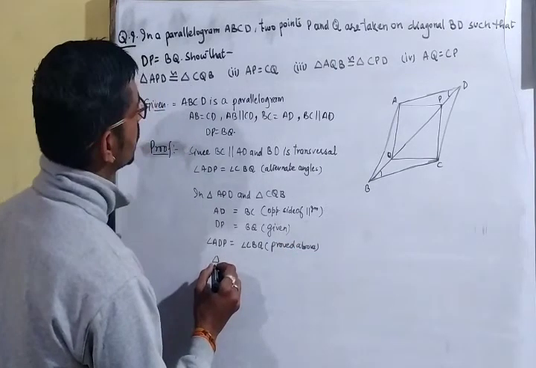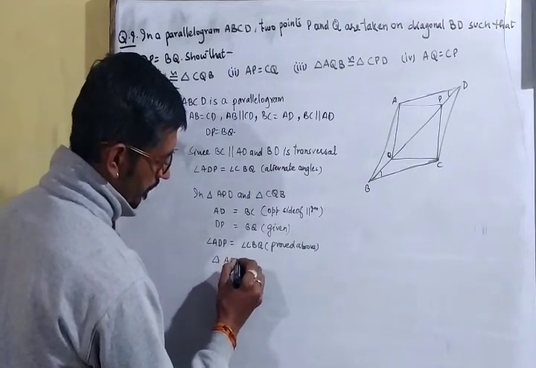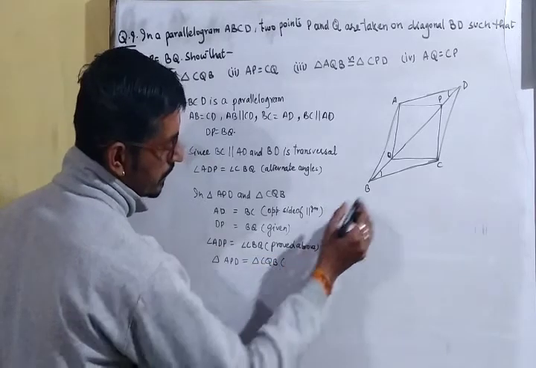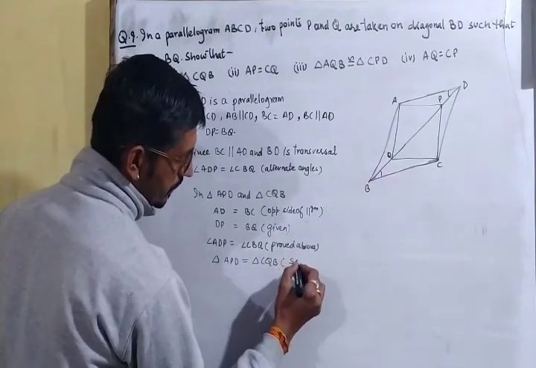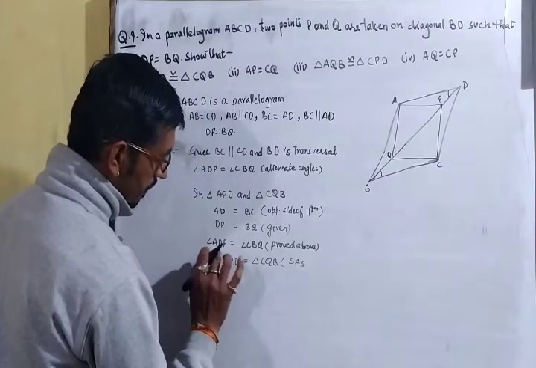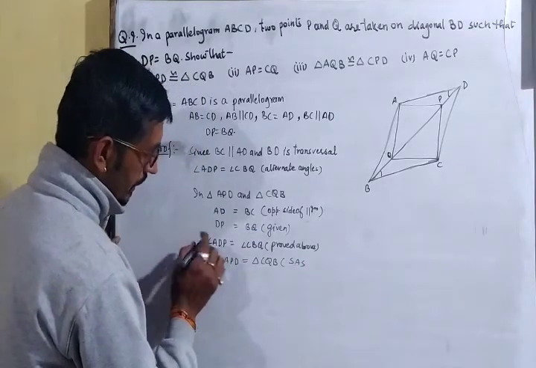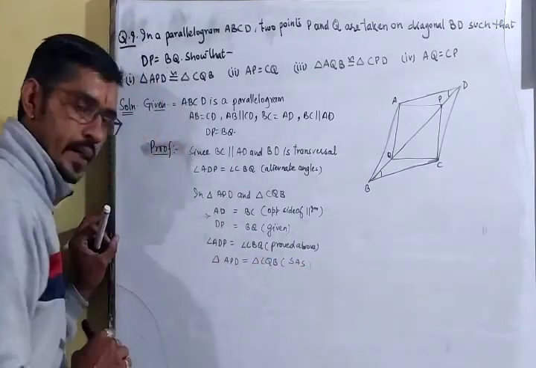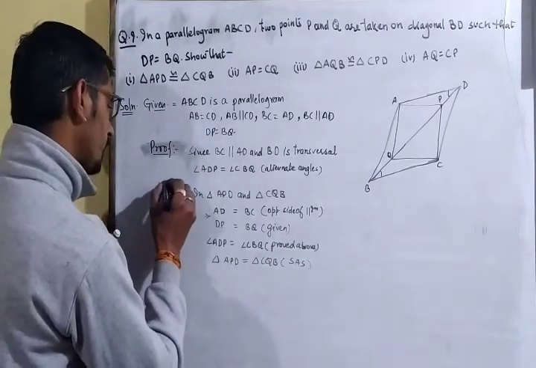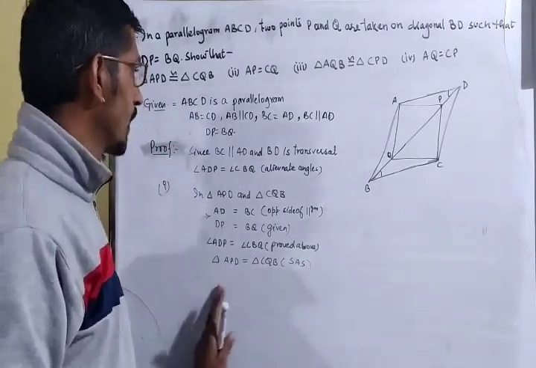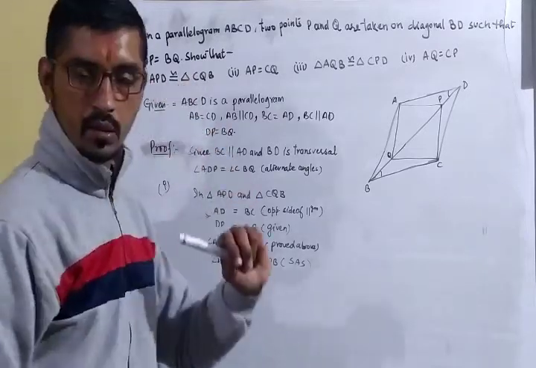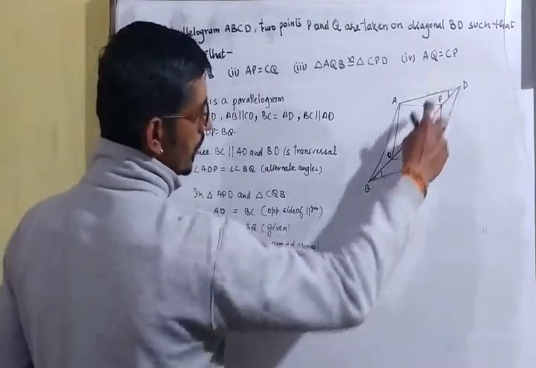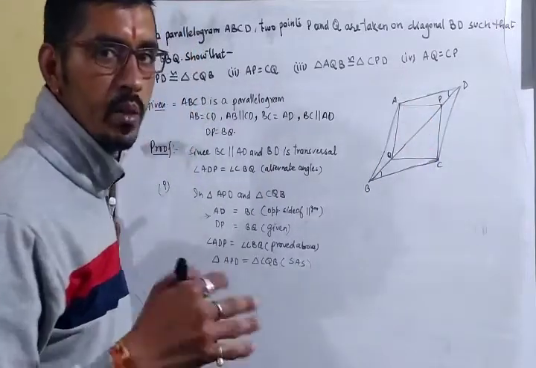So triangle APD is congruent to triangle CQB by side angle side, SAS, or otherwise you can write this part in between those two sides. Okay, इस part को इसके बीच में लिख देंगे और easily you can apply SAS congruency criteria. So first part done. We have proved that those two triangles are congruent to each other. APD is congruent to CQB. Now AP equal to CQ. Since the triangles are congruent to each other, so its corresponding part will be equal to each other.